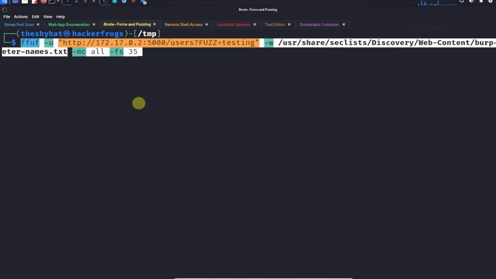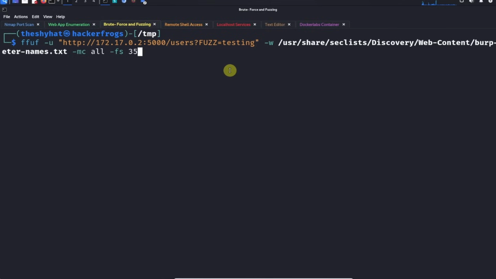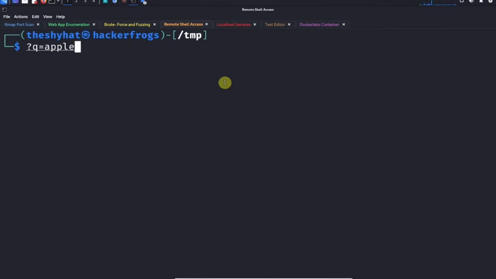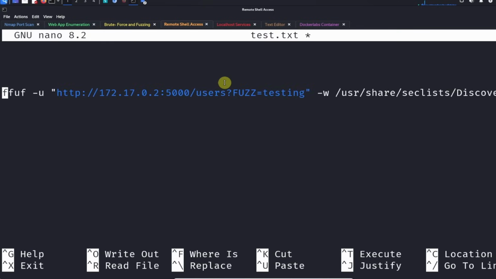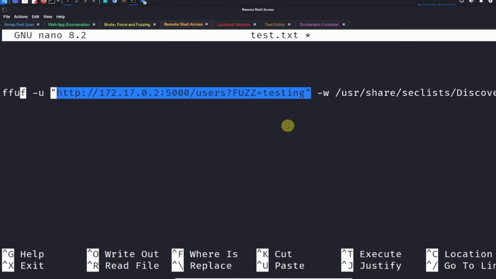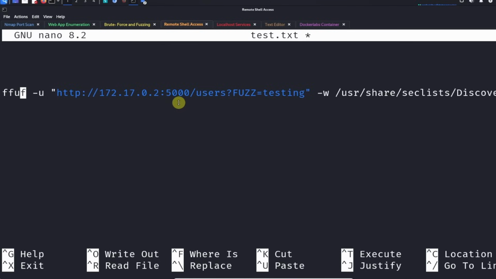Okay, so we're going to use a command that looks kind of like this. Before we run it, let's talk about what the different parts of this command are. So we run FFUF. We have to specify a URL that we're going to be testing. So this is going to be the application on port 5000. It's going to be the users endpoint, and we have to specify